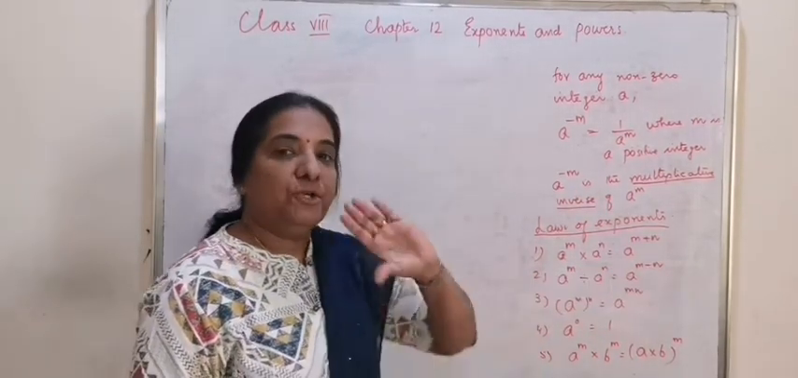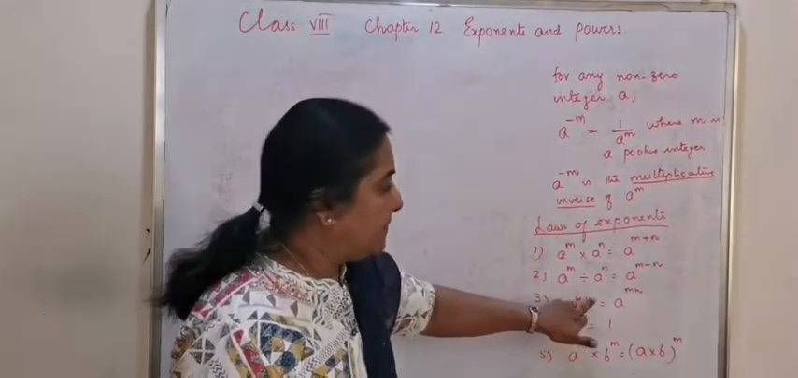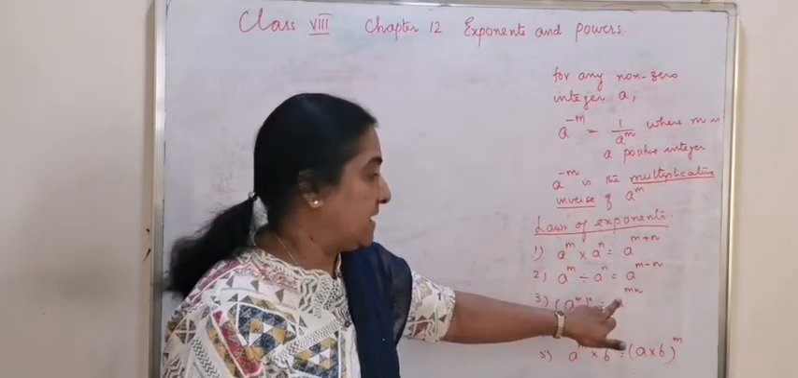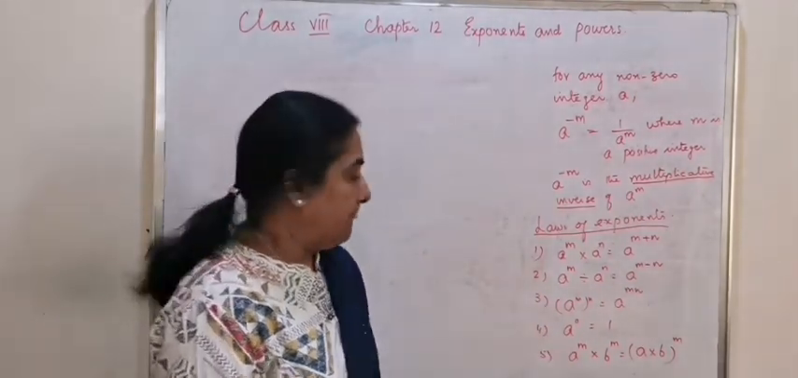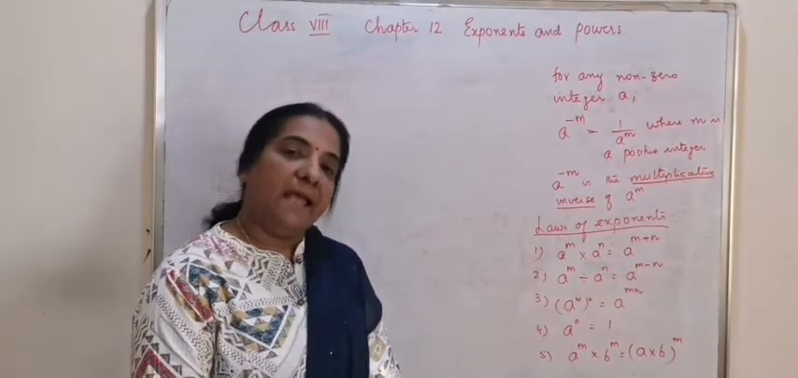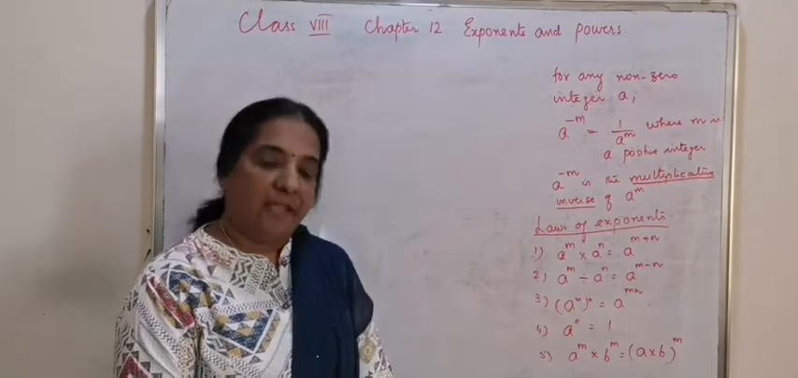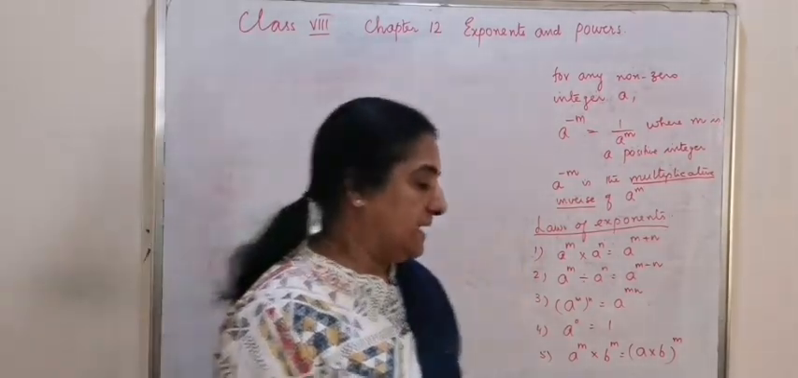With the same base, you can subtract the powers. A raised to m into n is the same as a raised to mn. A raised to 0 is equal to 1. A raised to m into b raised to m is equal to a into b to the power of m. Copy these in your notebook. Let's proceed with the exercise